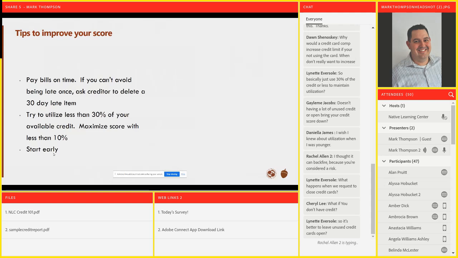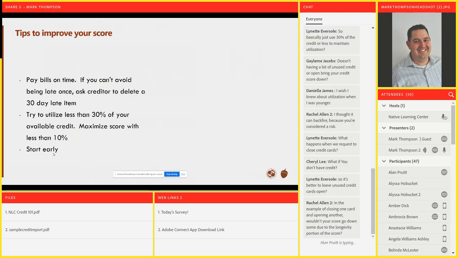So the best thing you could do is to pay bills on time and to never be late. If you can't avoid it and you are late, ask the creditor, especially if it's only a one time, can you remove that item, right? So anything that you can do to pay bills on time and make sure that you never have a late pay on your credit report is going to go to the biggest portion of increasing your credit score.